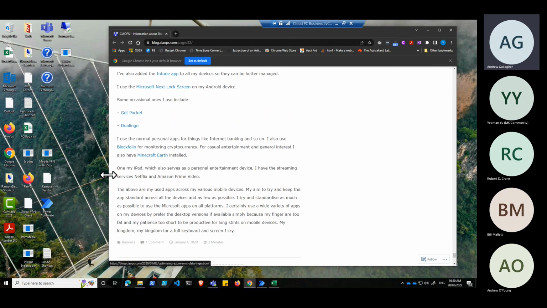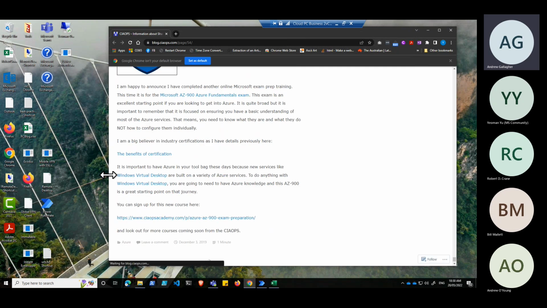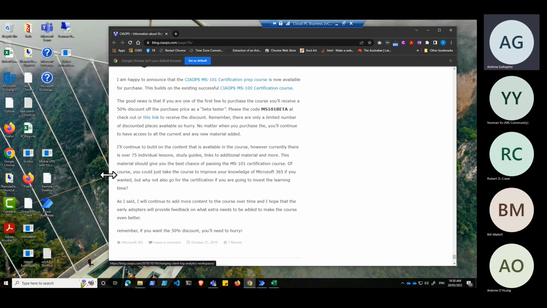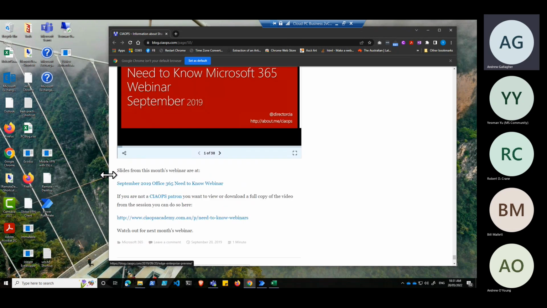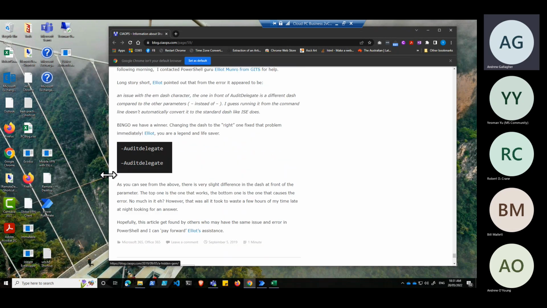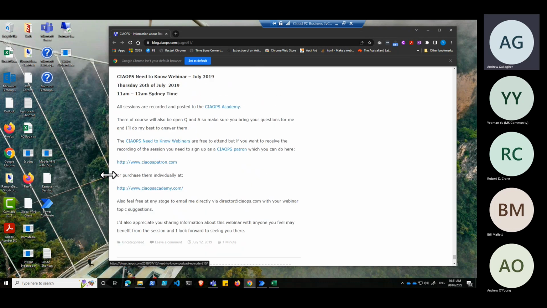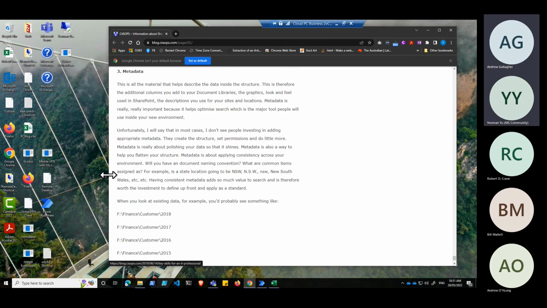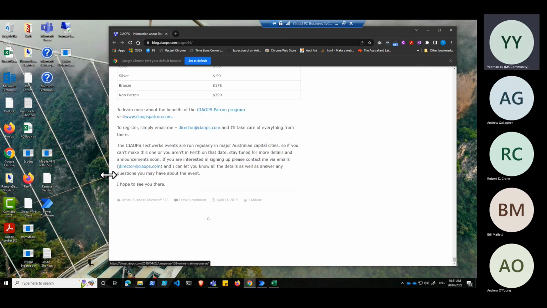a SaaS CRM system, if there was a legacy system and there was no API availability to connect to the data, I could see how you could use this process that you've done to log in to their site, go to a specific page, grab the data, and then save it as you did, either into Excel or into a SharePoint list or even into Dataverse, to then access the data. Would that be correct? Yeah, if it's a legacy system that's only accessible through a desktop client, let's just say,